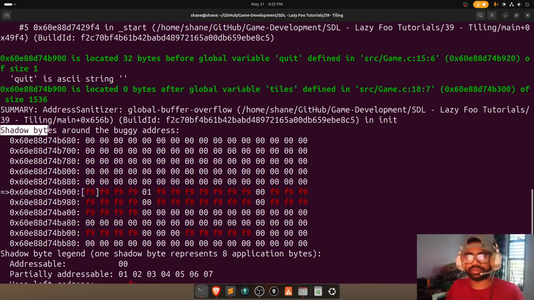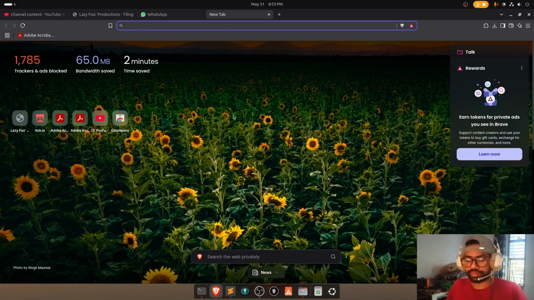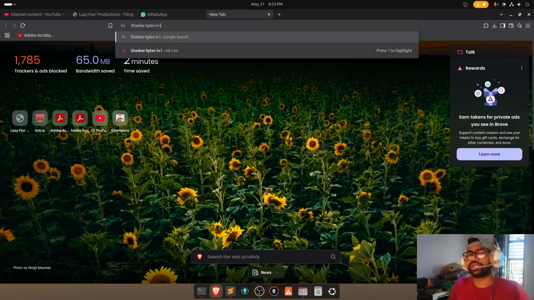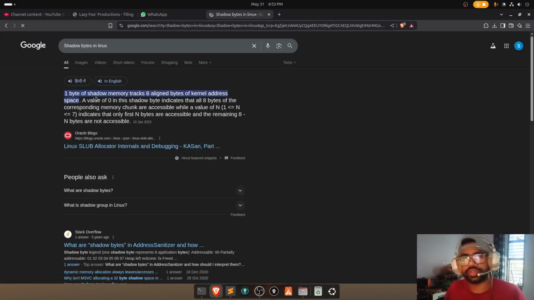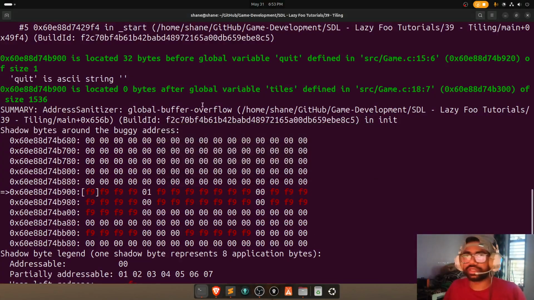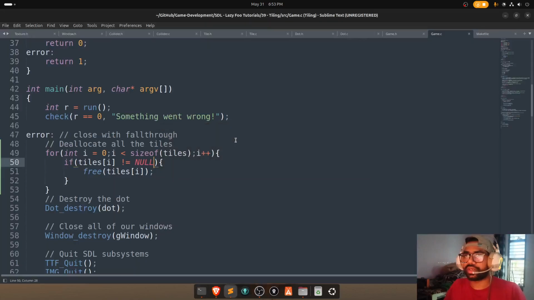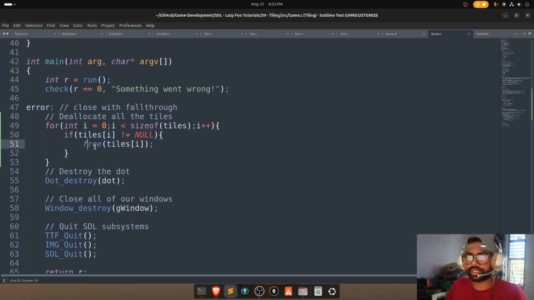Shadow bytes surround buggy address. What are shadow bytes? One byte of value of 0 in the shadow indicates that all 8 bytes of the corresponding memory are accessible, while n greater than or equal to 1 and less than or equal to 7, generally first n bytes are accessible and the remaining bytes are not accessible. So,